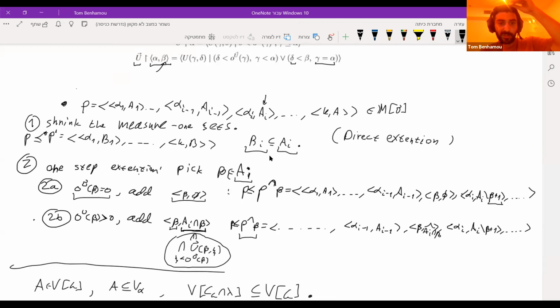No, because you are allowed to add points of order 0. You can always pick a point of order 0 or a point of order greater than 0, whatever you like. But this observation can only make sure that you don't have to worry that if you pick a point, then the set does not reflect. You can pick any point you want, no matter what its order is, and it's a reflection point. I see. Okay. All right. Thank you.